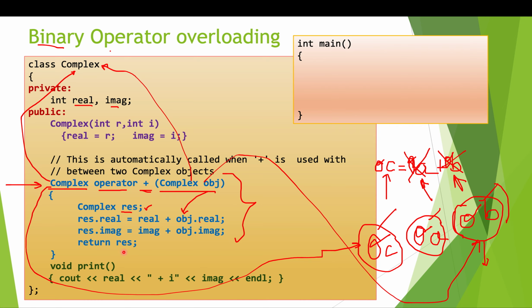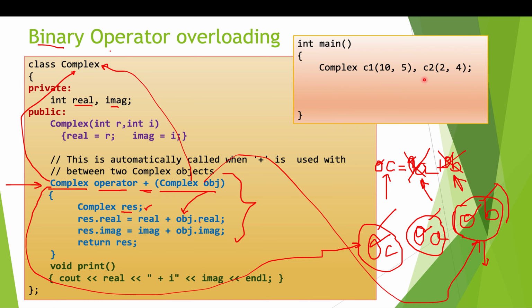In the main part we have to call this function. The first thing is that we know this function is a binary operator, so it will require two inputs. So we initialized two complex numbers, object C1 and object C2. The values passed for C1 are 10 and 5, and the constructor function will be called. So C1.real is 10, C1.image is 5, C2.real is 2, and C2.image is 4. So we have got our two input complex numbers, and both have an imaginary part and a real part. Now we have the input, and we need to get the output.